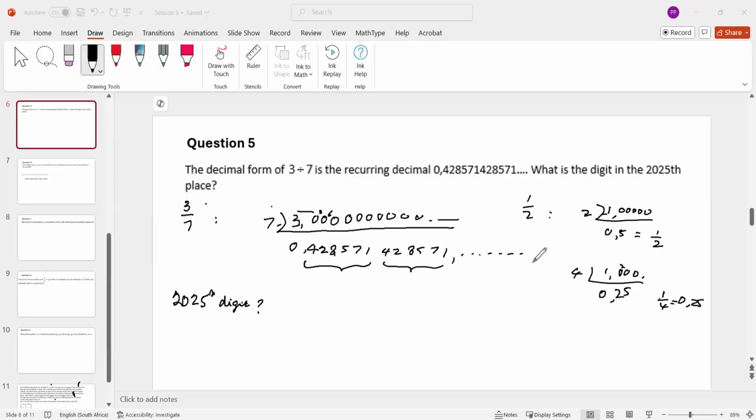We know that this thing keeps repeating like this. So how do we find out what the 2025th digit is? Well, let's repeat as many as possible. You see, you got the 6 in this group, the 6 in this group, and each group has got 6 in it. So if you want to go to 2025,